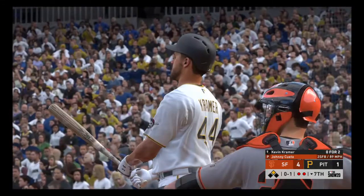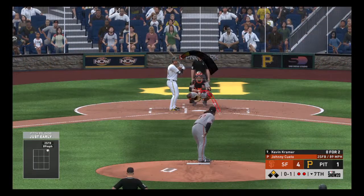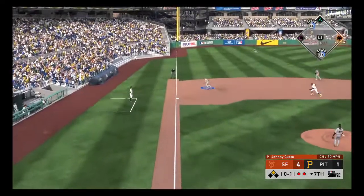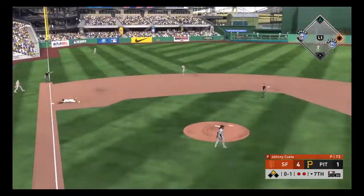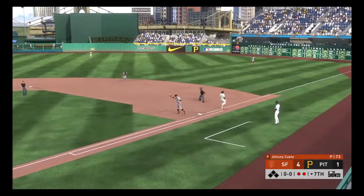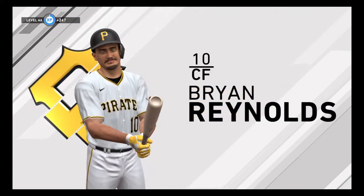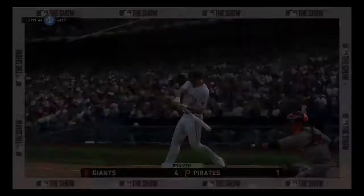No balls and a strike to count. He's 0 for 2 in the ballgame so far. Cueto pauses, 0-1 on its way. Hit down the third baseline. Longoria's there, and the off-balance throw is right there for the third out. And a high degree of difficulty on that one as the side is...